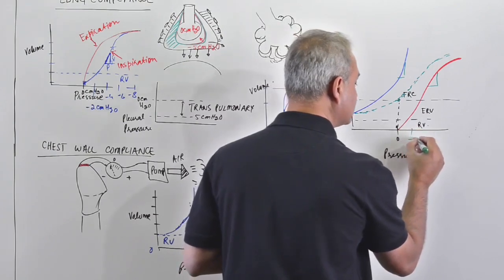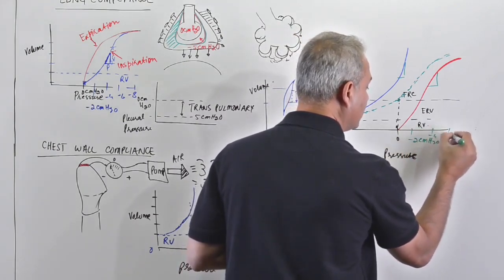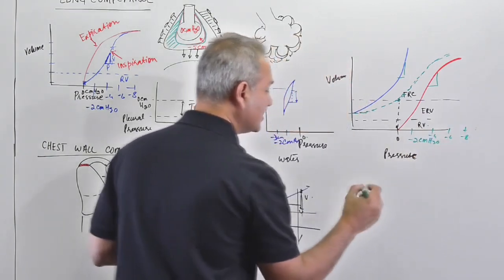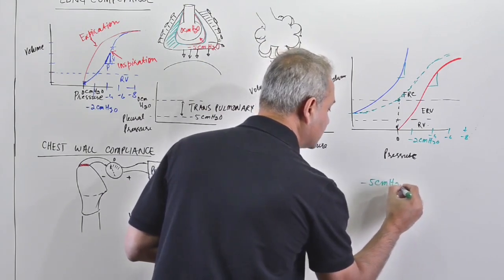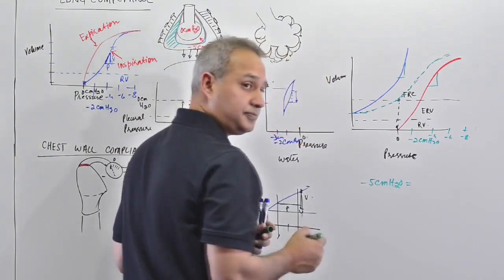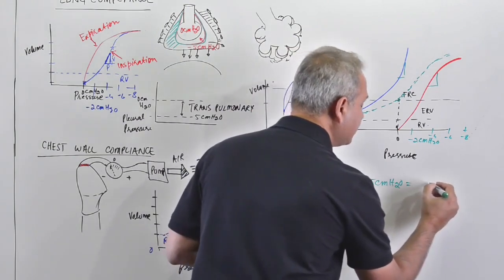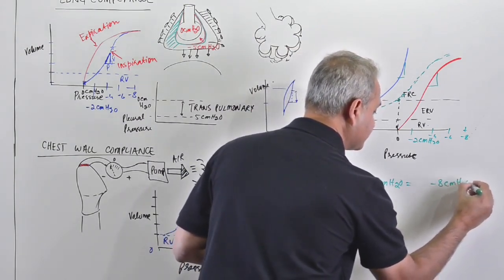That says -2 centimeter, -4, -6, -8, remember? And we had done this at -5 centimeter of water. From -5, when we go to, let's say, -8 centimeter of water,